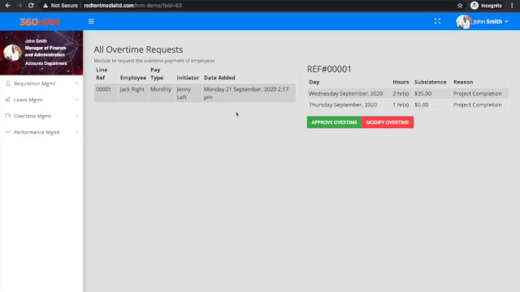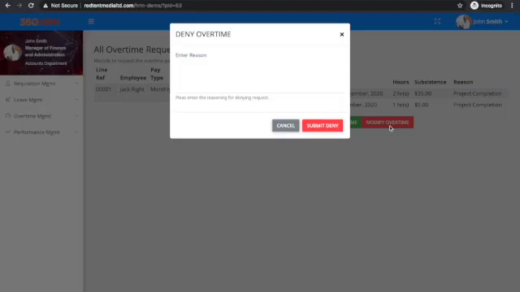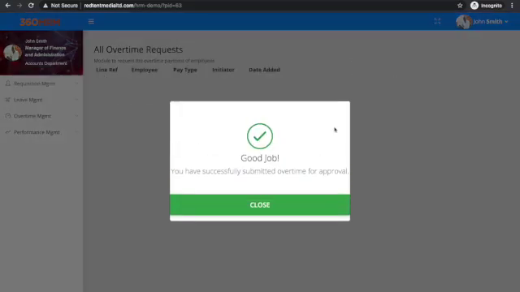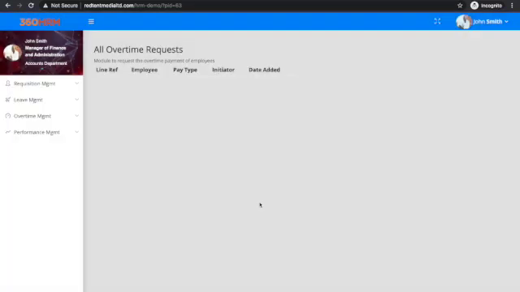In this instance, we've decided that we want to modify Wednesday 2020. We modify the overtime, and now we are giving a reason why we do not believe that Jack Wright needs overtime. The manager can say all work can be completed during the 8-hour workday, and he can submit that information. If we return to Jenny